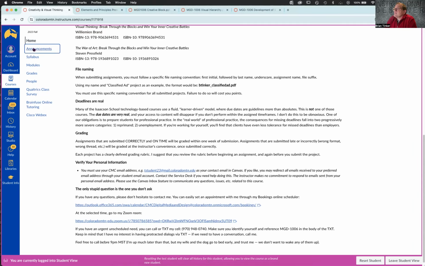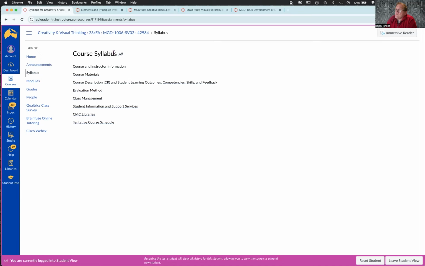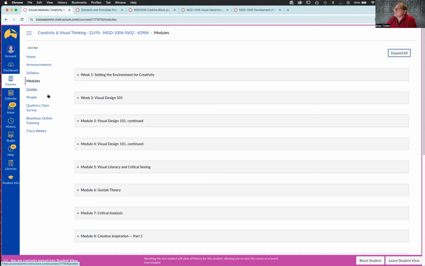There are announcements. It makes use of the built-in course syllabus. Again, this makes it simpler for both the instructors and the students. And it also makes it possible for the college to push out content changes. I don't remember the last time we had a semester where they didn't want something worded differently in the syllabus. And using the digital syllabus within Canvas makes that process a lot easier, more accurate. And we have the modules, which are kind of the meat of the course.